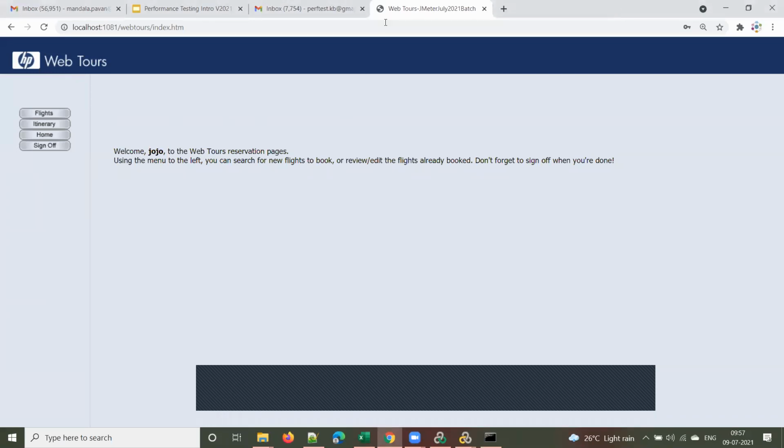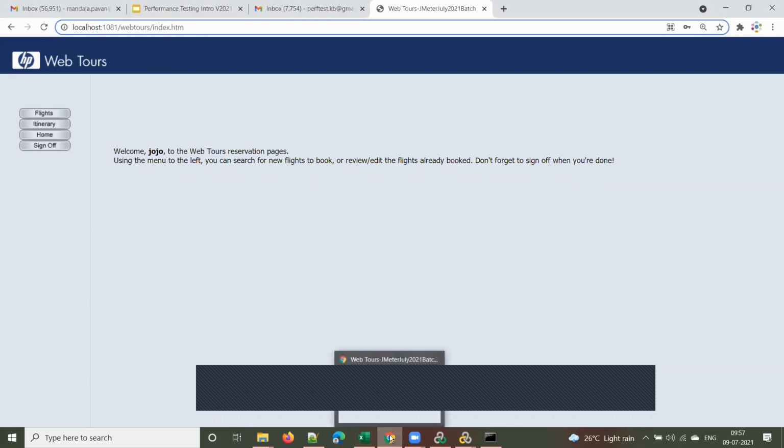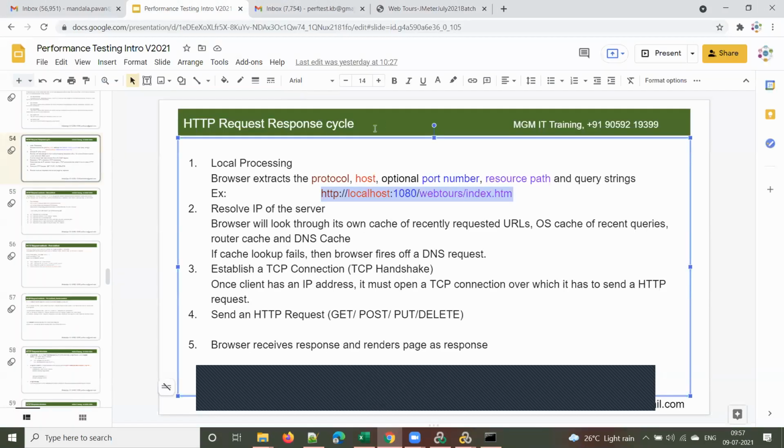So when you send a request, this is how it will go to the server, and the server will translate that to the corresponding frames, all the frames, and it will send the response. So let me go back to the slide now. And this is how it breaks the request. It reads like this. First, it will see what is the protocol, what is the server name, what is the port number, and what is the resource path. And there is no query string in this example. I'll explain later what this query string is.